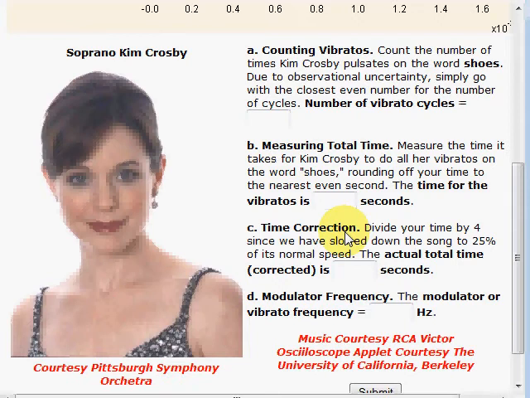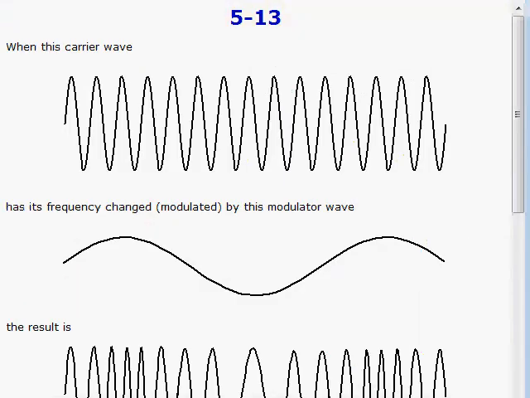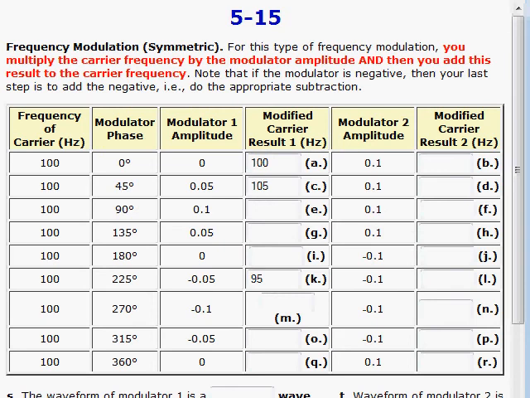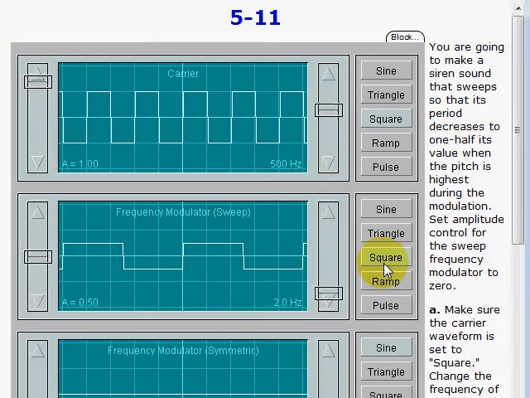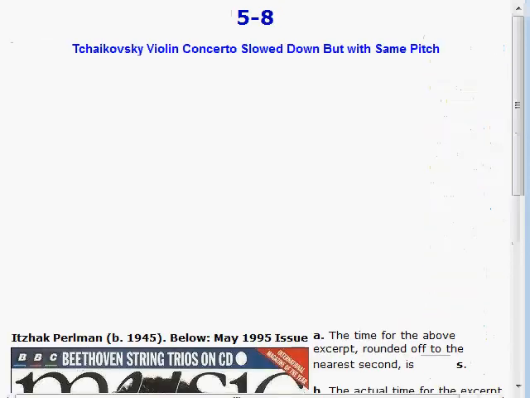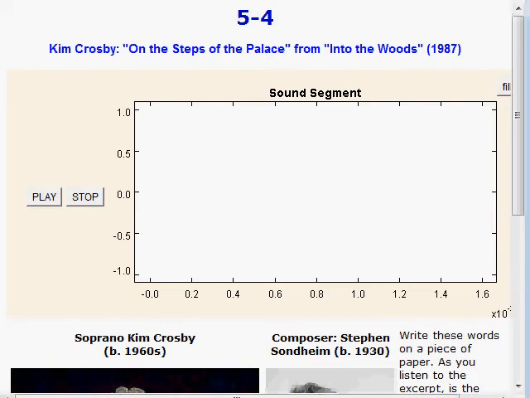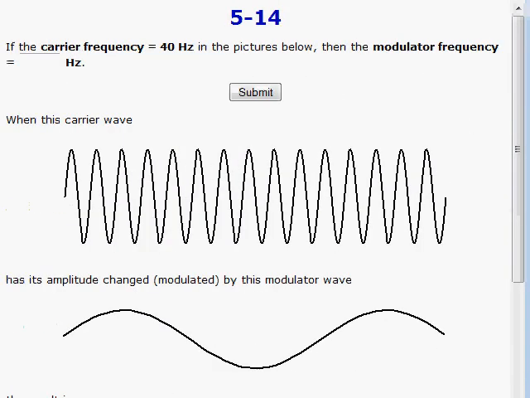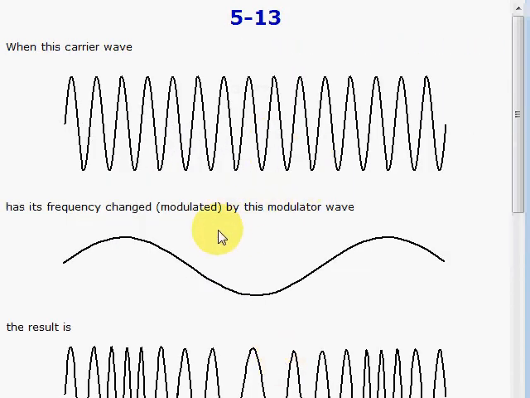What effects do different modulators have on different, let's say, carrier waves? That's the same game we played earlier, picking different ones. This is your European siren, kind of beep, beep, beep, and the Americans were going up and down. There would be different waveforms and frequency modulation. Let's skip around to see what else might be useful. Yeah, this one here is good. We saw this already with the